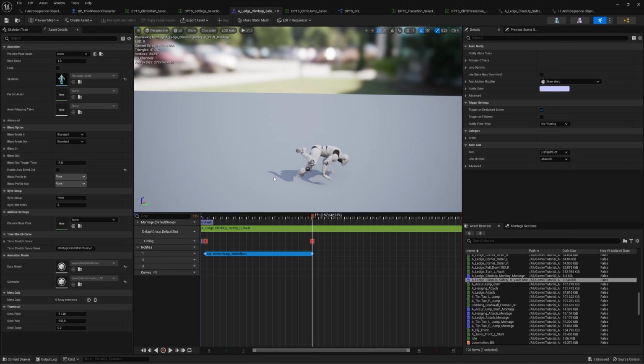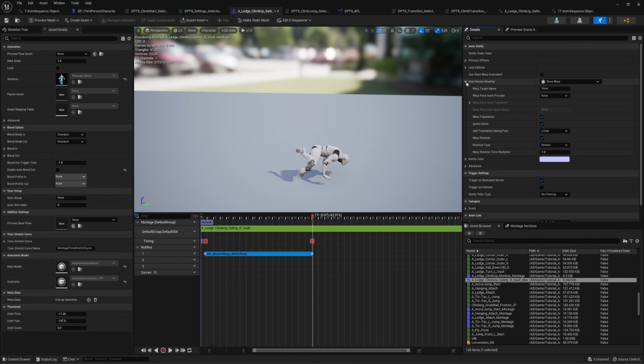Now, one thing to note though, is that when you're setting up vaults or mantles or transitional actions in general, you're going to want to, instead of using height, in this instance, go to the root motion modifier and use active target as where we're going to start. And the reasoning for this is that when we use the active target, this allows us to start from wherever we currently are and then pull ourselves up from that location. So if we go and uncheck ignore Z axes, keeping warp rotation checked,